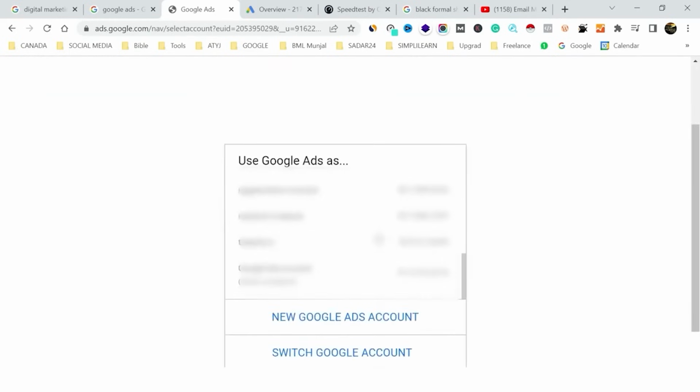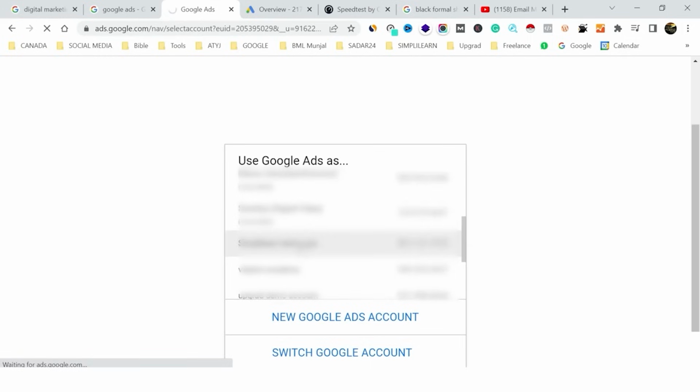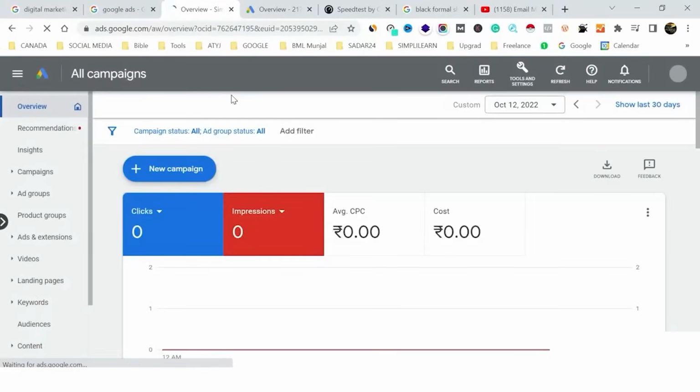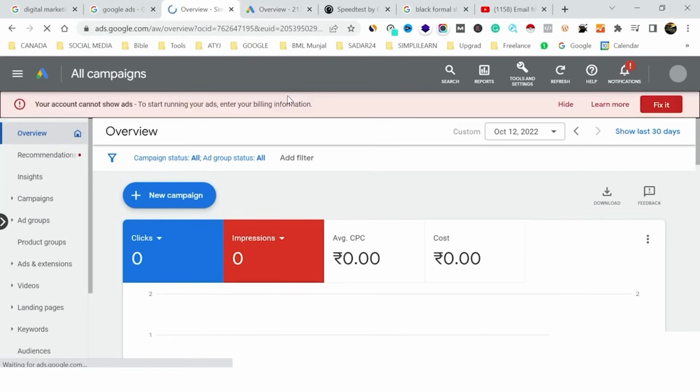If I just have to show you, probably I can use right now the demo account of Simplilearn, where important metrics we can discuss, which has already been given in the PPT. But of course, I would show you how they look inside the Google Ads account. So if we move to the dashboard,